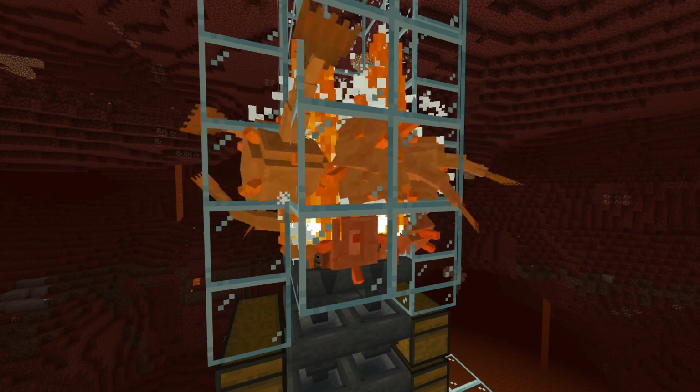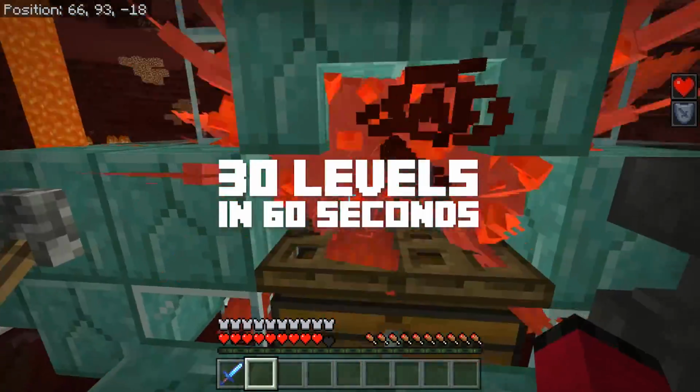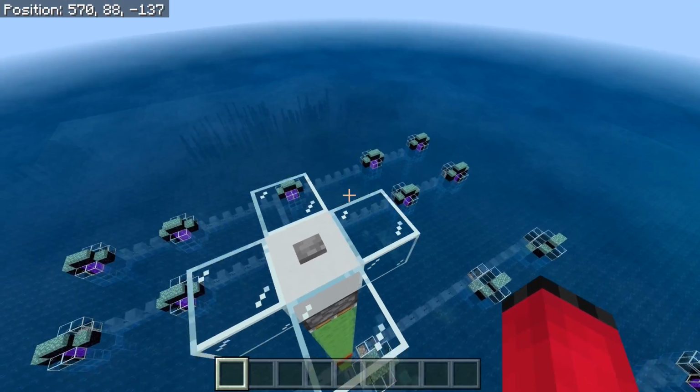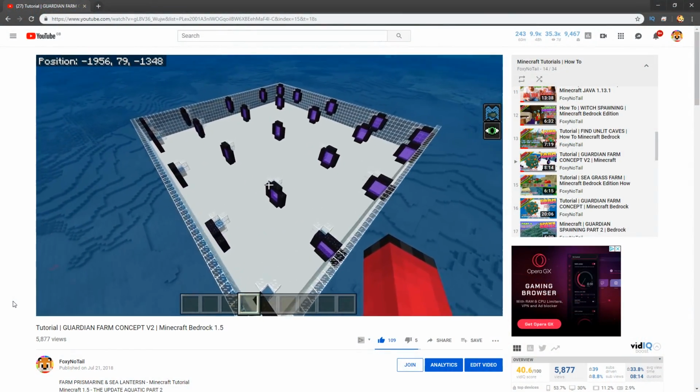If you're interested in a guardian farm that gives you 40,000 drops an hour or 30 levels in 60 seconds, continue watching. But watch out, this farm can kill your world, so be careful. Watch to the end. It has been a year and a week since I first put out my Guardian Farm